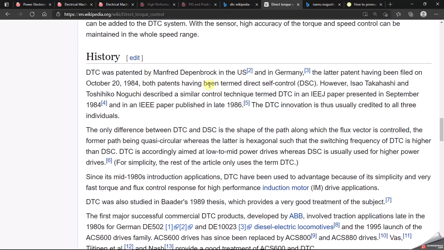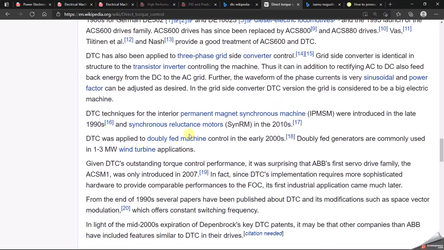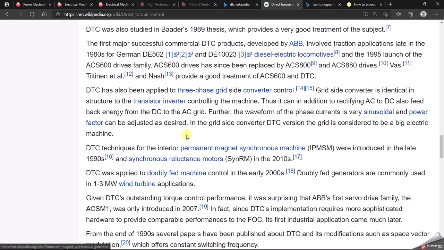So you can see it's been around for a while, sort of in '84, '86, so mid-80s. So DTC is what, 20-odd years old, right? Anyway,